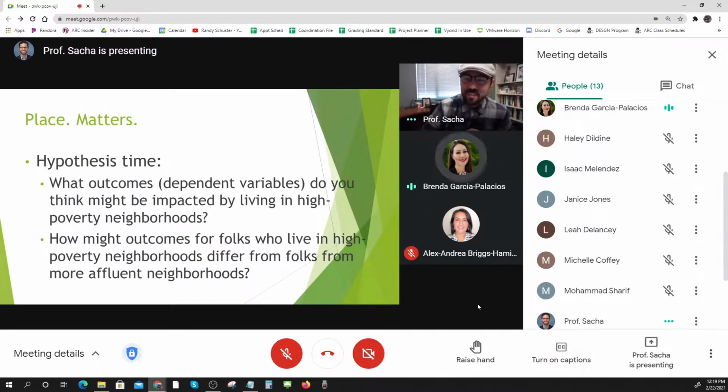I'm Brenda, and I wanted to just touch on the school, also the access to good schools, because when you're growing up, you're assigned the closest one to you because of public transportation, the bus, and those who live in more affluent neighborhoods, that's where normally you find the private schools. So if you don't have a way to get to them, or you don't live close by, then your chances of going into one of those schools is a little bit limited. Also, even if you had a scholarship or anything like that, I think education is one of the things that gets affected also. That's hugely important, Brenda. Really good insight there.